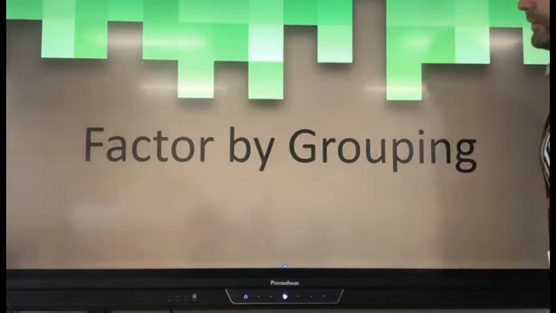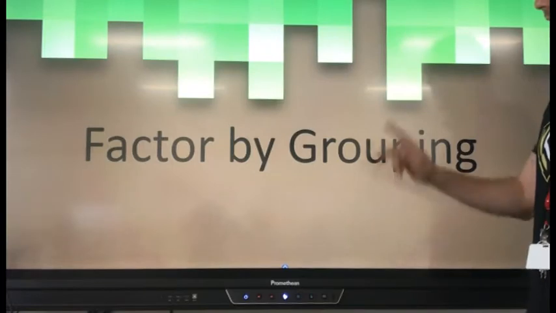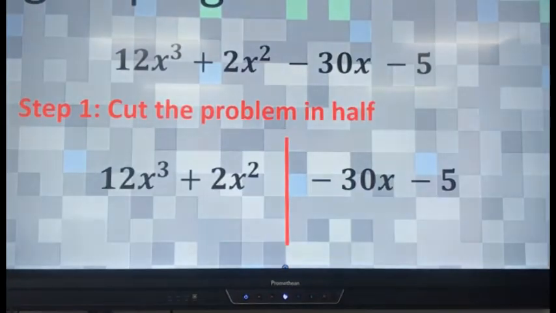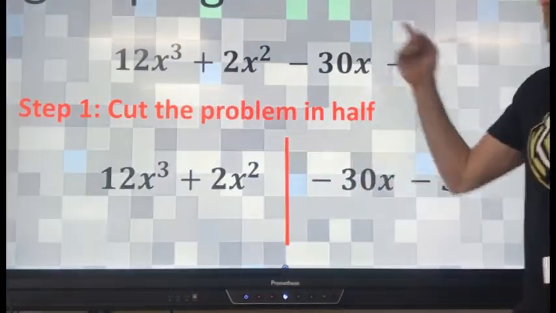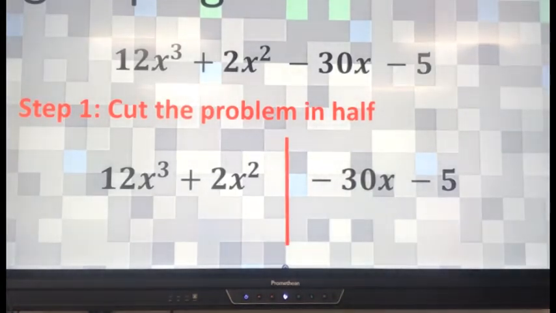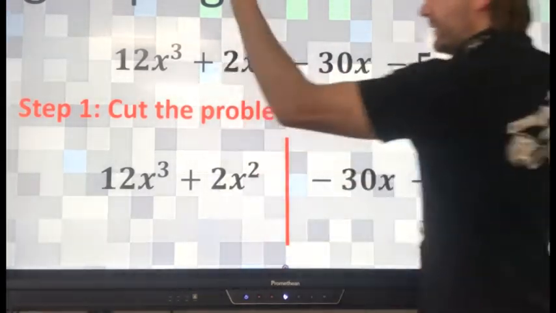Okay, to expand upon what we have done so far, which is find the GCF and factor out the GCF, we're going to introduce factor by grouping, which is the same thing, just add another step. Actually, what it does, it makes a factor polynomial and turns it into 3 factor out the GCF problems, which we'll see here. So I have this quadrinomial, I have 4 terms, and I'm asking you to factor this entire